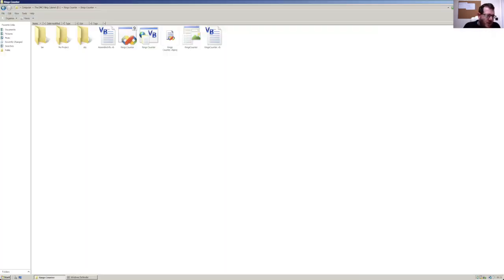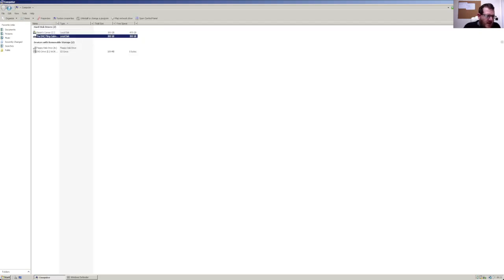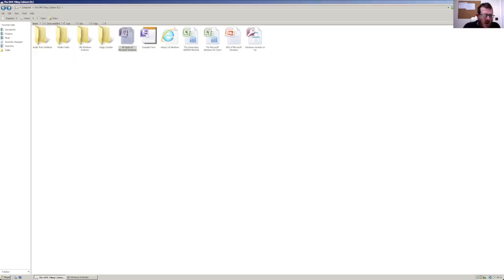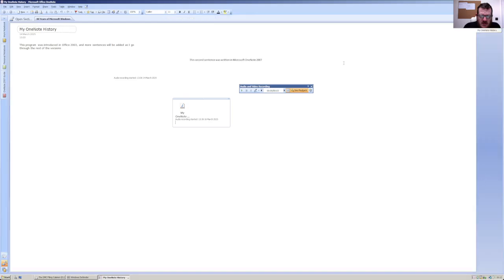But that's that sorted. And then we'll have a look at, let me just change that to large icons. We'll do OneNote because I'm going to add something here. You can set anything up to wherever you want to. So if I now click on here,